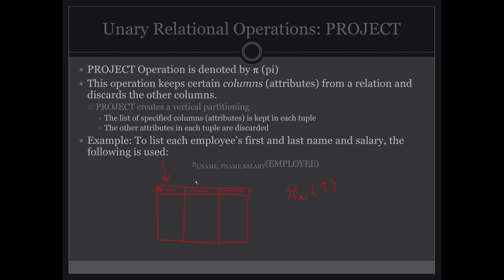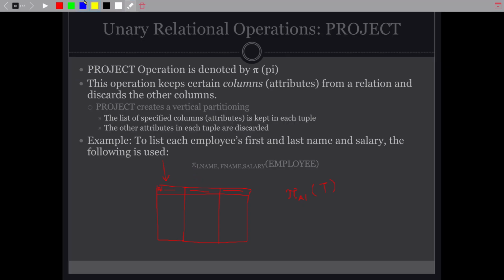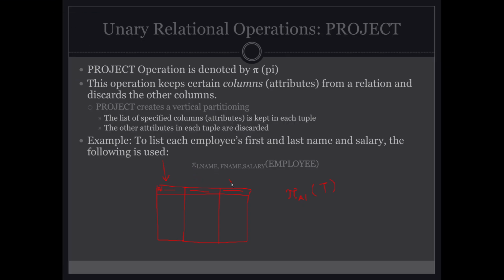Now, if you wanna keep two attributes, let's say we wanna keep this one and this one, okay? Let's say this is A3. Then you're gonna write here, comma, A3, okay? And that's gonna return basically a new table with just